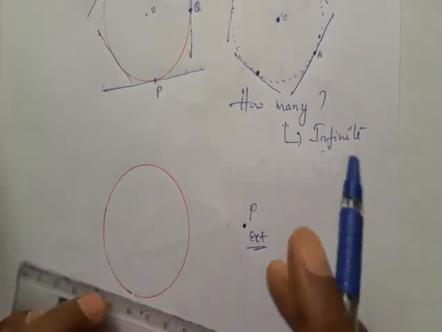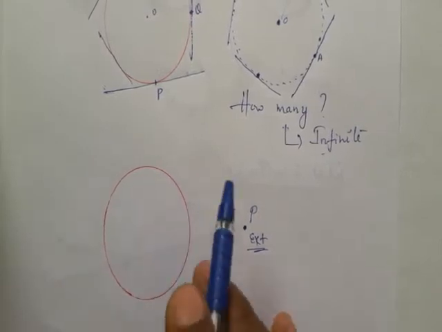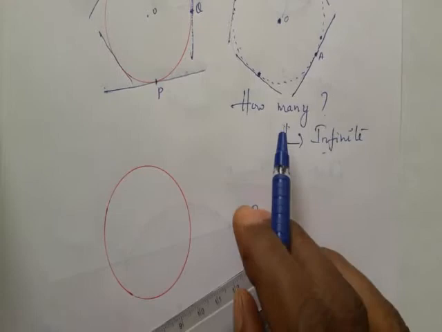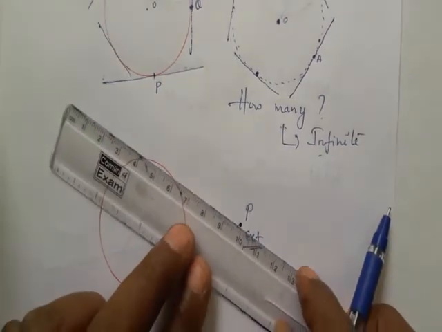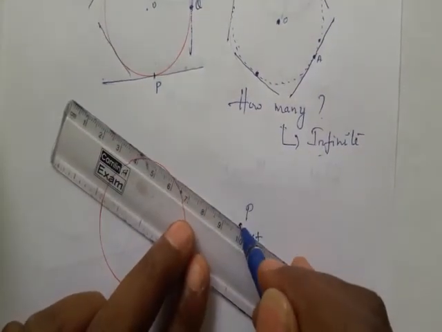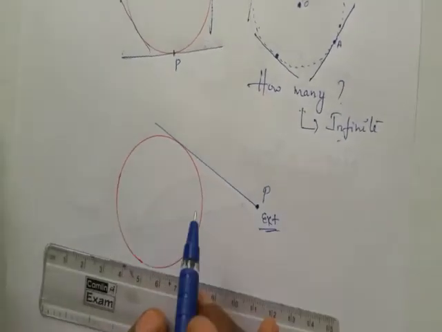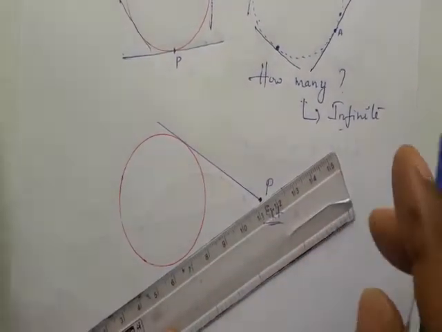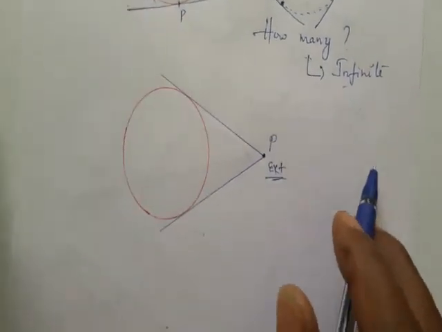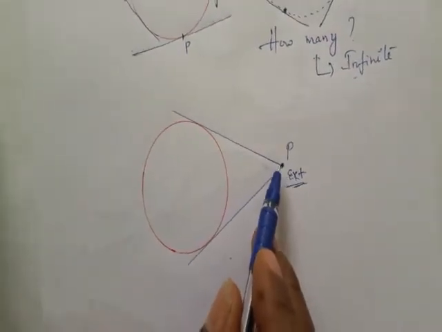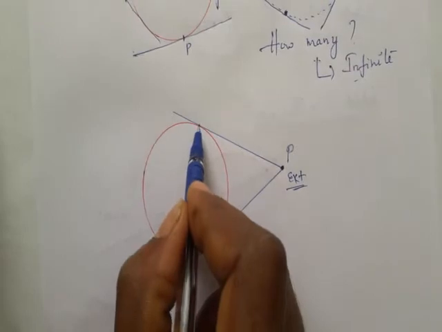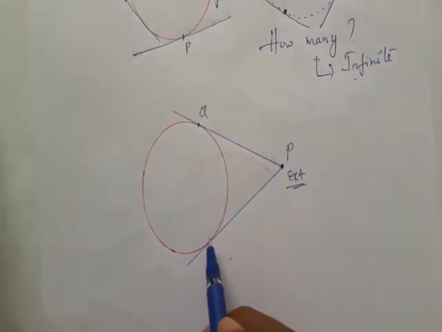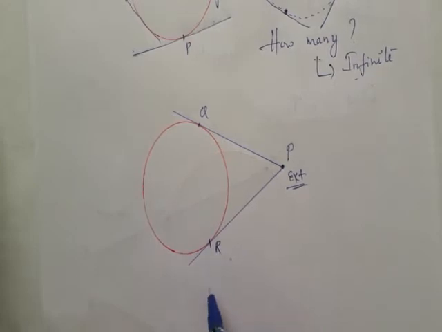Keep it in mind, you cannot draw tangents wherever you want. They told from P. So from P, how many tangents can be drawn? Look, from P, if I try this side, how many tangents? Yes, one tangent. If I try the other side, here also one tangent. Look, from P, if I try upside, it touches the circle at one point. Look, it is touching at Q. If you try this side, here also you get R.